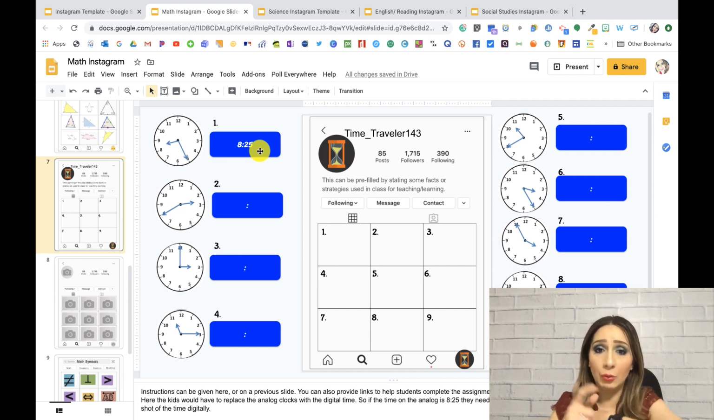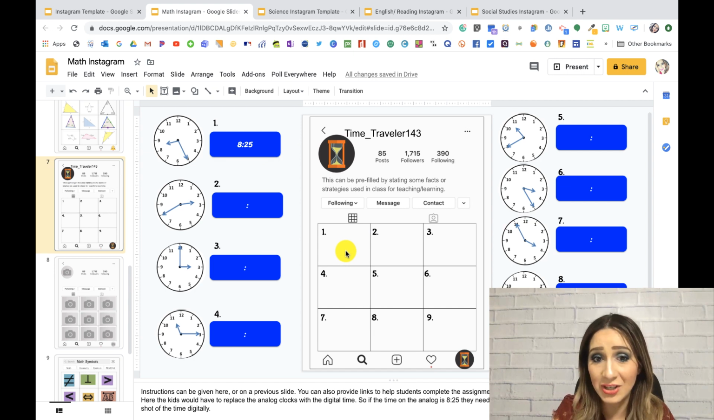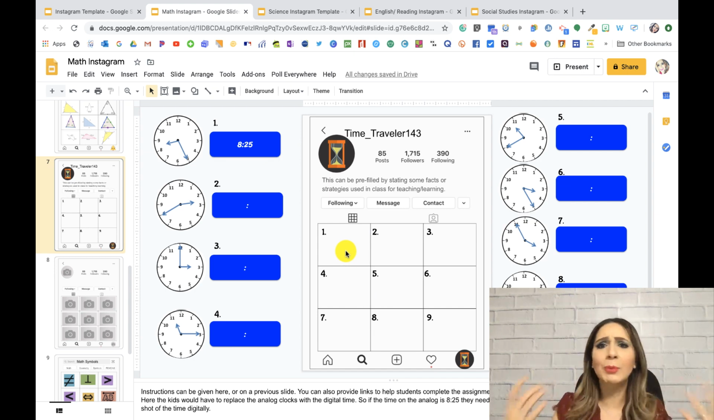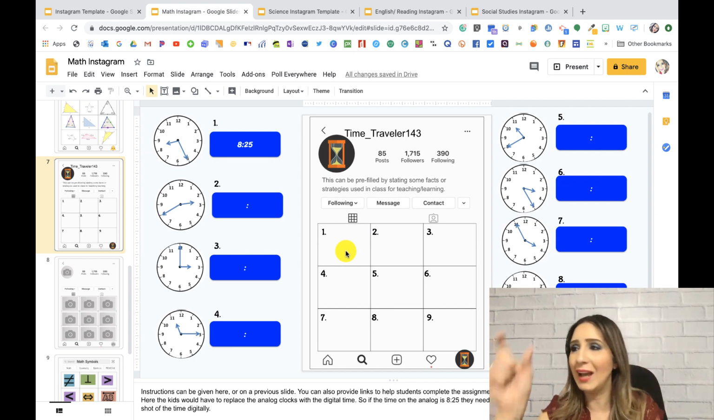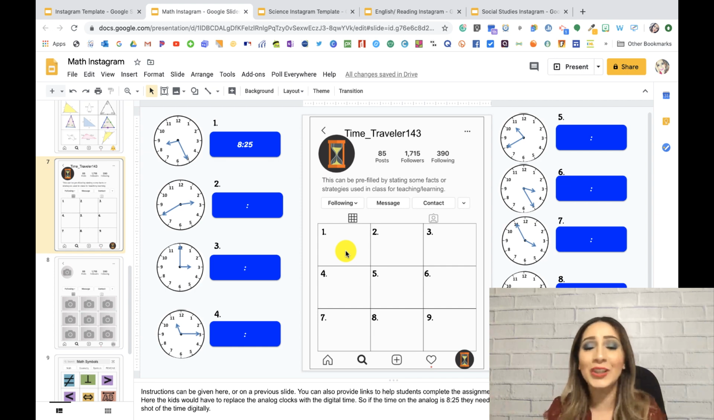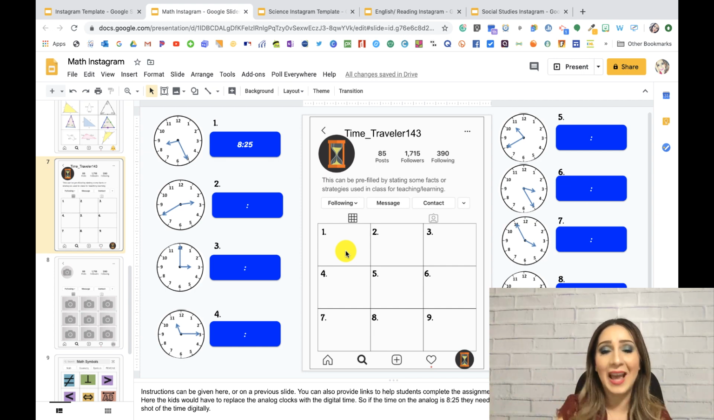So it could be your watch, it could be your cell phone. Take a screenshot when it turns to 8:25 and put it in here on number 1. Cable boxes have it. Stoves have clocks also. So your kids, it's going to be like a mini scavenger hunt, while also they're going to have to take